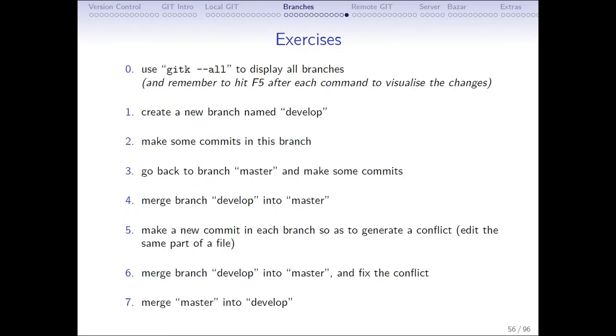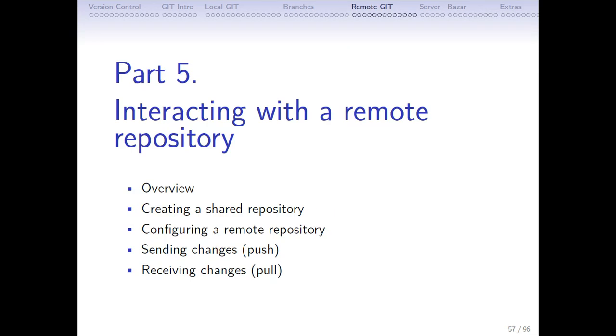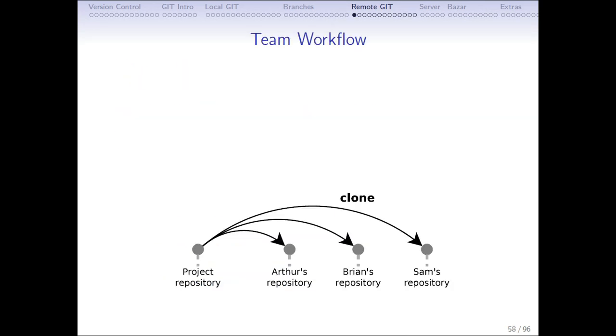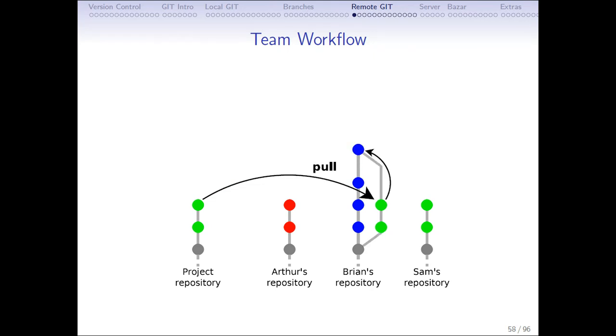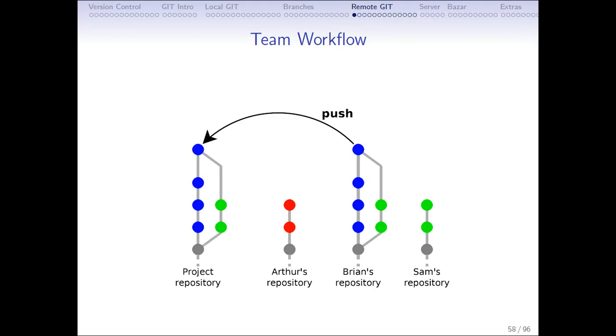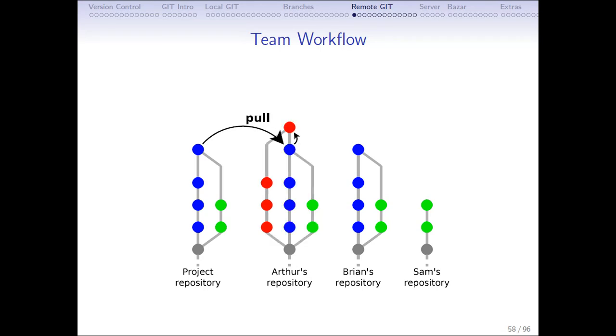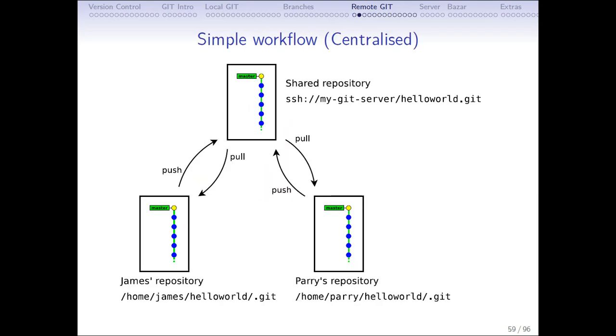Okay, so the exercises are about interacting with a remote repository. How will we interact with the remote repository? We'll see here. What it is doing is, from Sam's repository to the project repository, the push is happening. But from Brian's repository, the push is not happening. But pull is happening from the project repository to Brian's repository. In a similar way, the author repository is not pulling. So Brian's repository, you can see here, now pull is working.